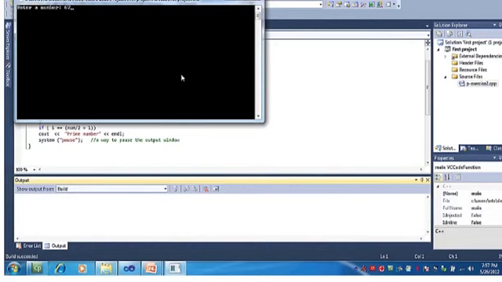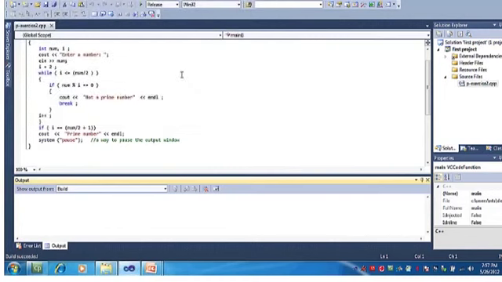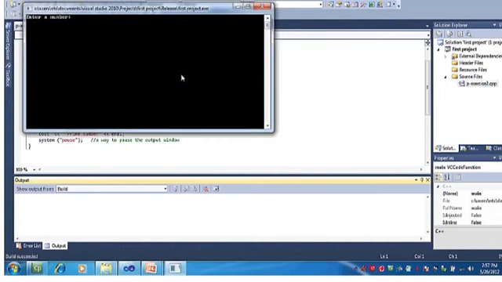67 is a prime number, okay, control F5, I run it again. 100 is a prime number, eh? No, 100 is a composite number, should say not a prime number. So our program works, you have seen that,